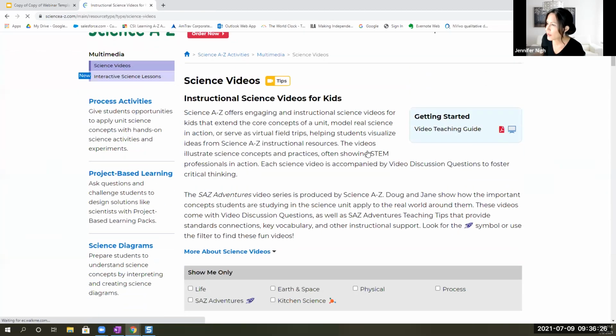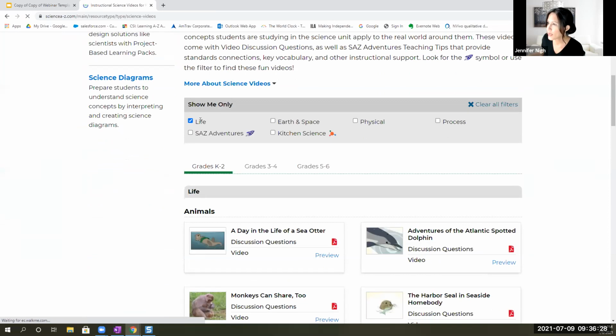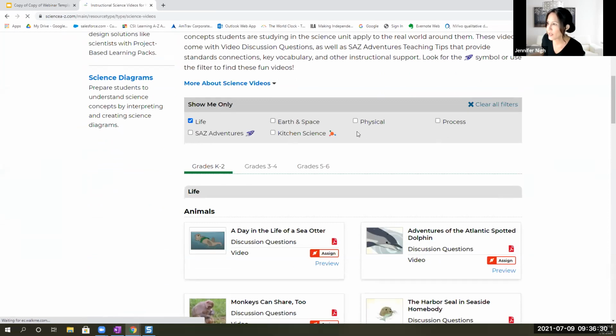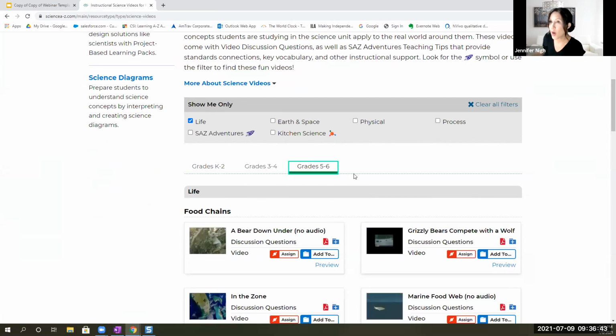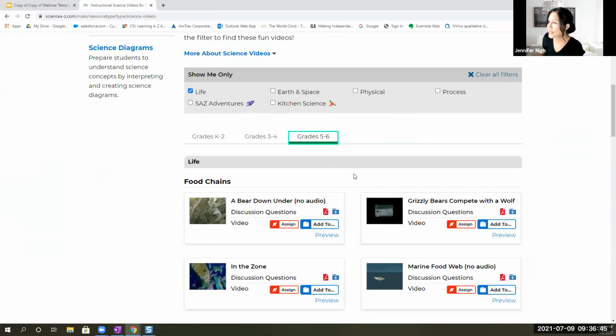Now, ladies and gentlemen, these videos are organized according to the domains of science, and they're organized according to these grade level bands. Don't worry about those grade level bands. You can use these videos across any level. But what I would do, ladies and gentlemen, is that for the Watch and Wonder, I would tell my students